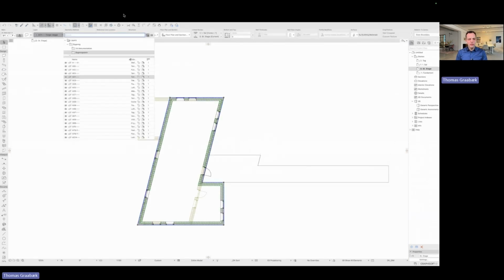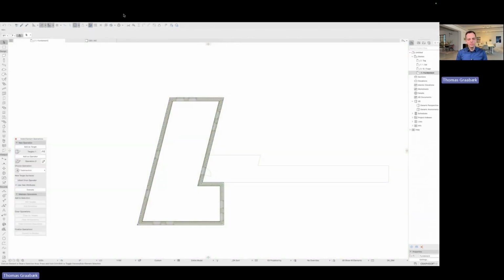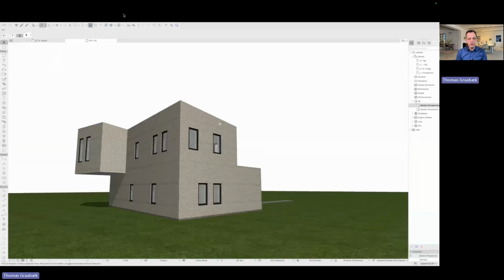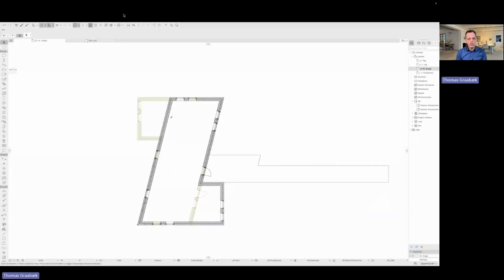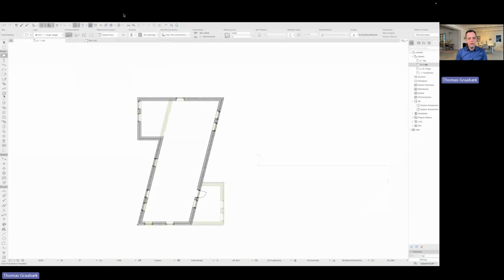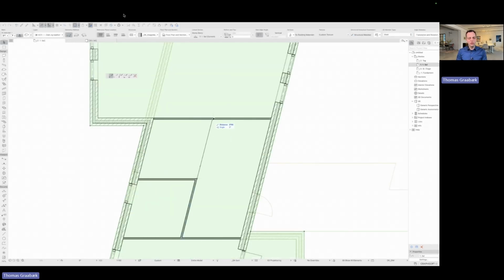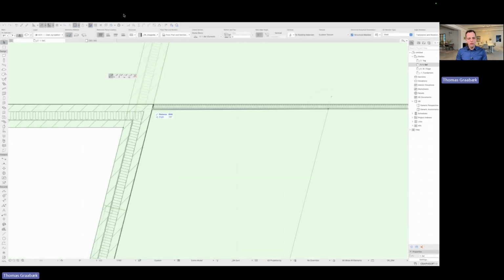So in the video here, I'm modeling as fast as I can. Not only the building, but I also added a terrain and a small entrance. And to do the energy calculation later on, that is also included in the LCA calculation, I need to place rooms inside my building. And I don't think it makes sense to just have one big room for the whole building. So I just want to add some partition walls.